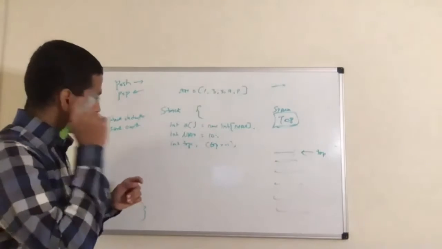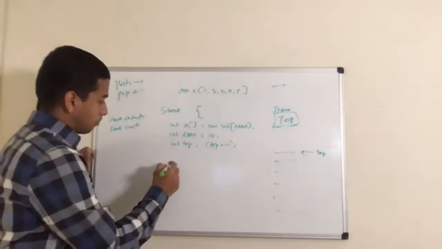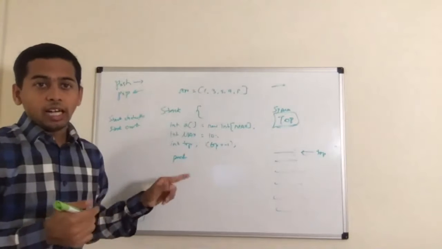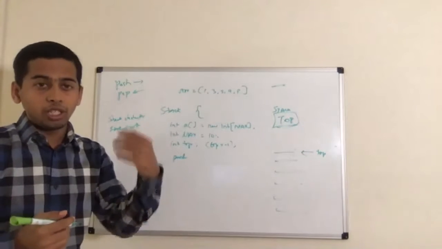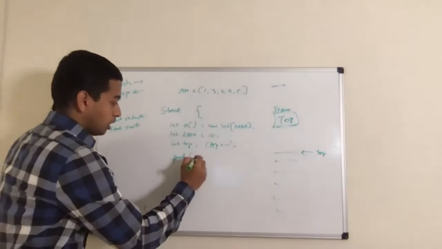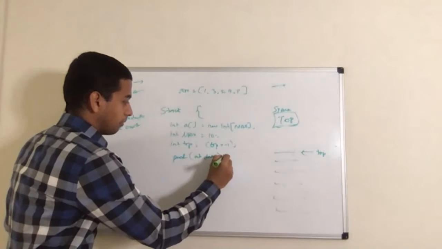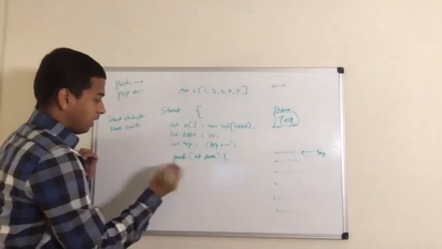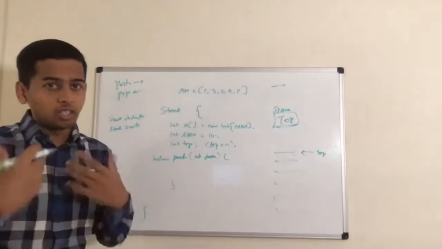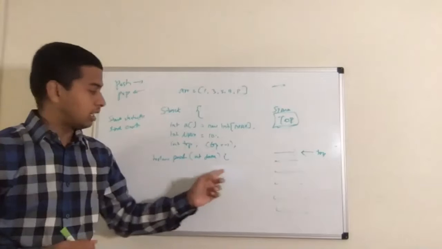But here, coming to this point, I said there will be two logics: one is push and the other is pop. When I do a push, what does it mean? I am actually pushing a record into the stack. I'm inserting a record into the stack. That means I need some input. So let's say I'm taking that input as data. And I can have a variable like boolean to return to say whether the insert was successful or not. I can return true or false. It's optional. But push means I need a variable to insert, so I'm taking that argument in this.